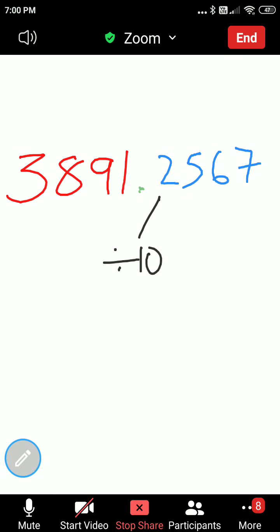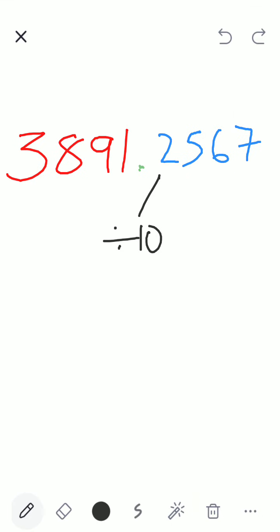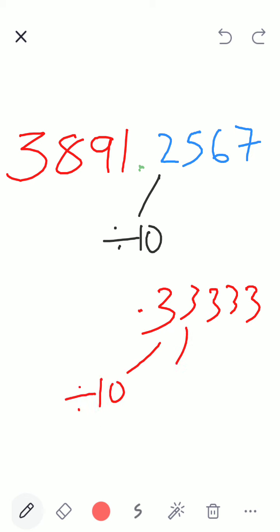place value is the same. Now, for example, whether I have 2567 or whether I have 0.33333, it doesn't matter. This is still the 1 by 10 position. This is still the 1 by 100 position. This is still the 1 by 1000 position. This is still 1 by whatever, 10,000 and all. It doesn't matter. The fraction doesn't matter. Now you only tell me, Pawan.